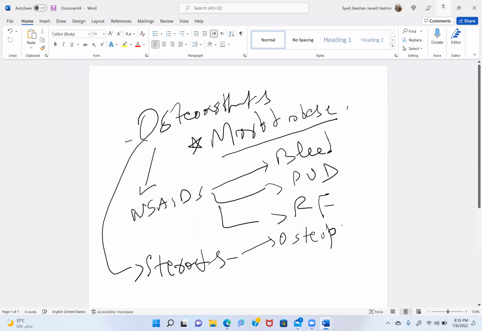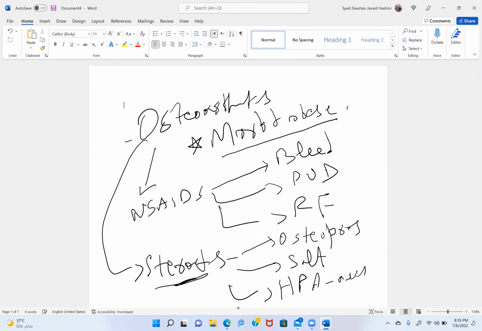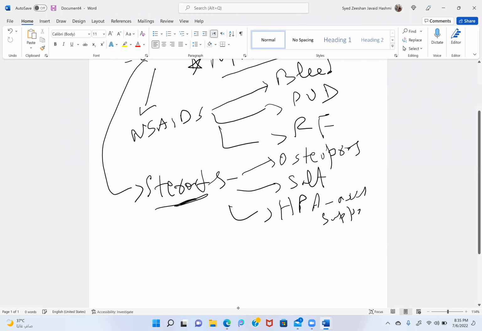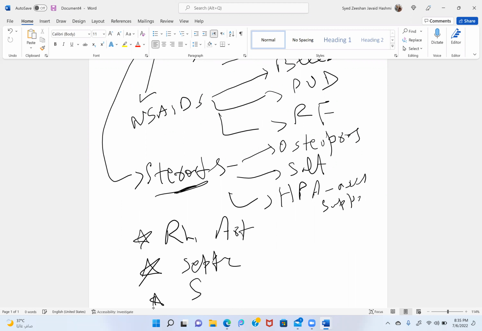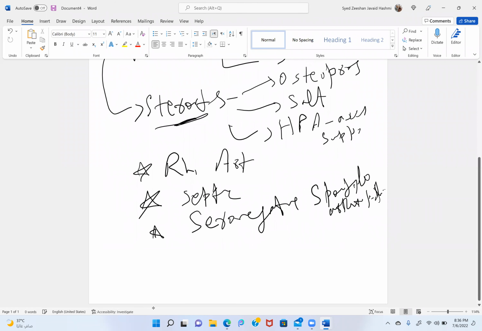Steroid use, osteoporosis, salt and water retention. And if you are taking exogenous steroids, the hypothalamic-pituitary axis is suppressed. There may also be other diseases like rheumatoid arthritis, septic arthritis, or seronegative spondyloarthropathies. You should be thinking that this patient is coming for knee replacement, but the majority of patients will be